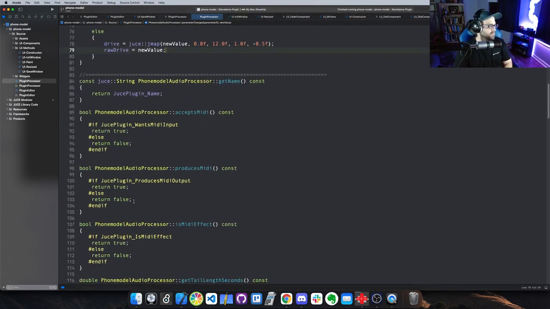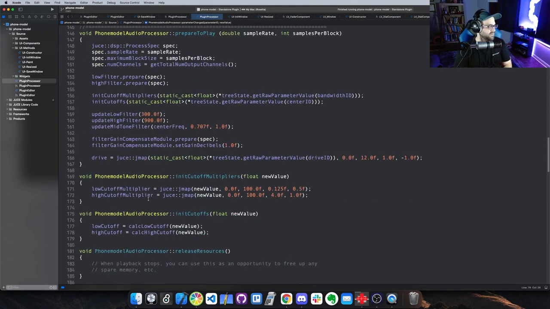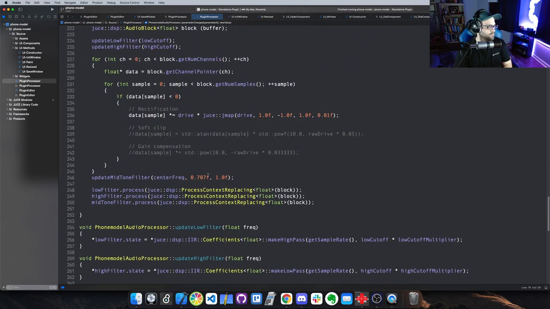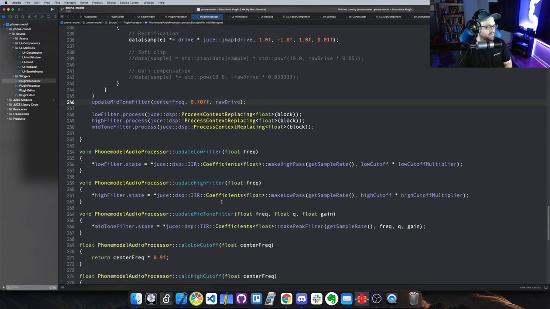So that's always there, which means that I can put raw drive here, and then I need to just scale that to be